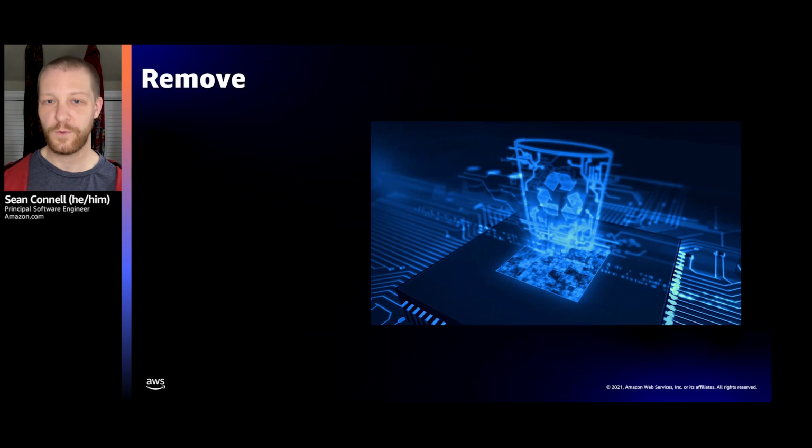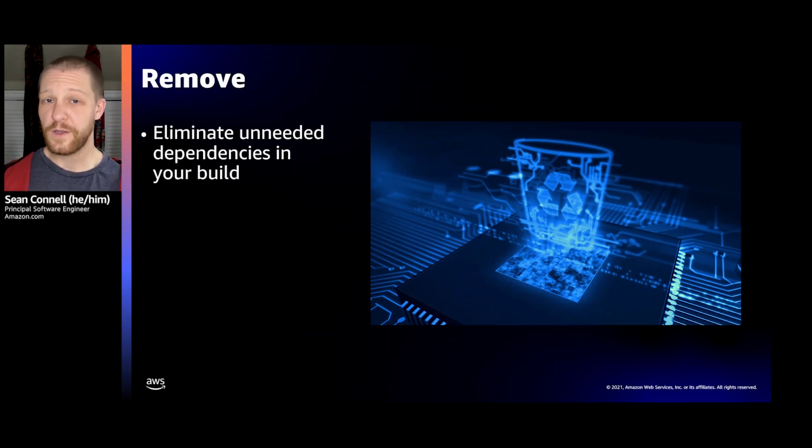So first, remove. This is nice because you can get rid of stuff you don't need, right? Like, you might think that this sounds silly because if it's there, then I need it, but that's not always the case, especially with old applications that have changed throughout their life cycle. For a lot of things, they evolve, and assumptions that were made at the beginning when these dependencies were taken may no longer be true now.